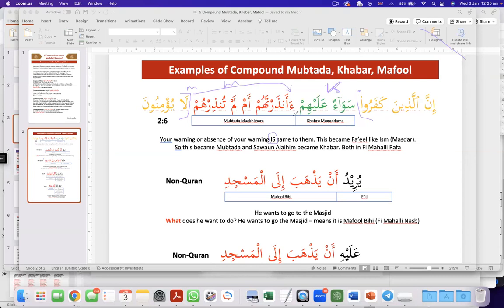Okay, inshallah. Sheikh, quick question. The first hamza of anzartahum is for istifham, like a question, like if you want them. It's not a question here. It is a conjunction, Brother Usman. One comes first, and then the other comes later.